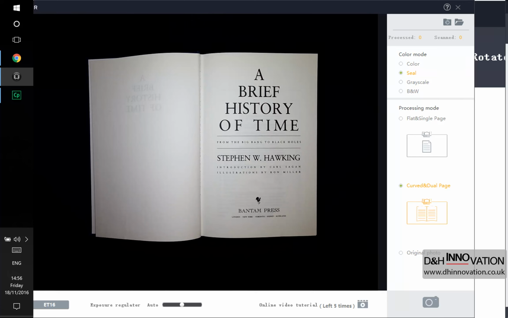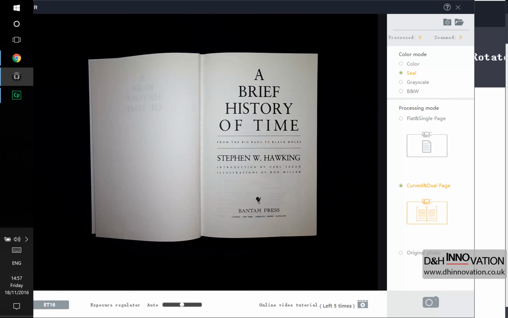You also have the option to choose the original photo mode. Under this mode, the scanner will simply take still images of the scanned object without any image processing. If you made a mistake in choosing the right scanning preference, you can still adjust the images after they have been scanned at the after image processing stage later. However, it is always recommended to choose the right scanning preference according to your needs to avoid unnecessary time waste